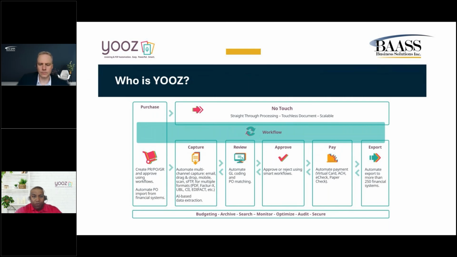Those can have a workflow from there. The way Yooz works, there's a lot of AI and machine learning. Once invoices come in, they'll automatically match to that PO or partial match, or maybe have some discrepancies, and then it goes on a workflow from there. The great thing about Yooz is we can make those payments for you in Canadian or US dollars. We also have a no-touch workflow, so we can automate that process from start to finish, which is really nice. It's really configurable for all clients, and we know every situation.